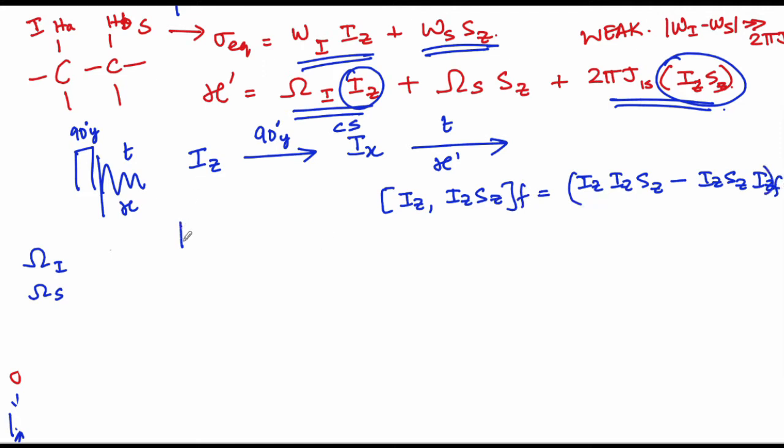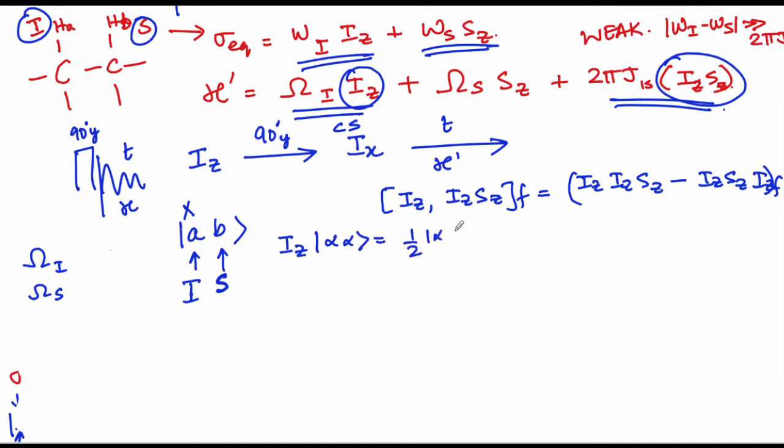Let's say you have A and B, two spins that are present. The operator I represents spin A, and operator S represents spin B, which is what we started with here. The important aspect is that whatever you apply the S operator with will not affect the A spin, and vice versa, meaning that if you apply the I operator, it will not affect B. So let's take an example. Let's say we take IZ on alpha alpha, you're going to get half times alpha alpha.